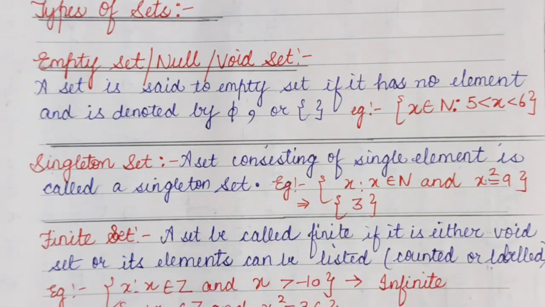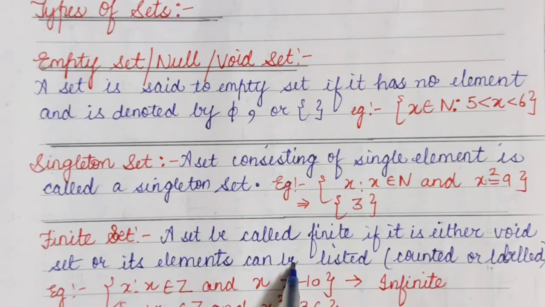Fine. After that, finite set. Now what is the meaning of finite set? A set is called finite if it is either void set, or its elements can be listed, counted or labeled. It means in very clear terms a finite set is that set where the number of elements will be countable. Simply you can take it in this manner, that finite set will be that particular set in which the elements